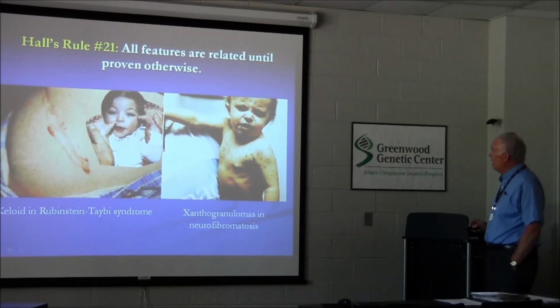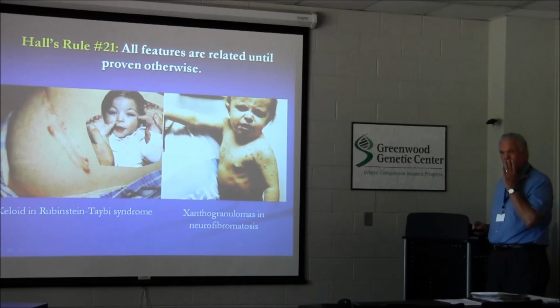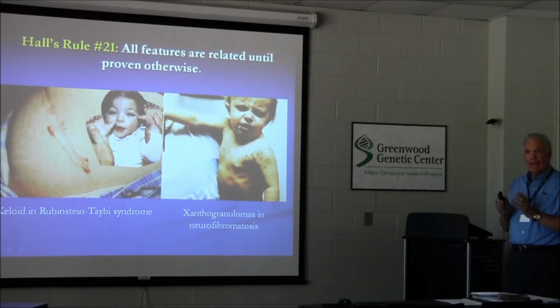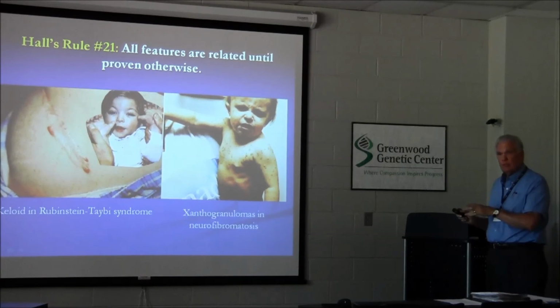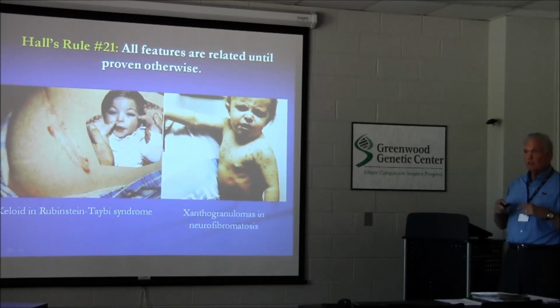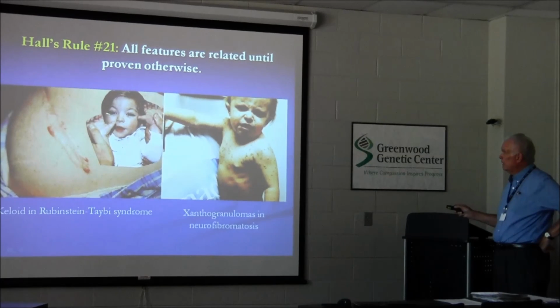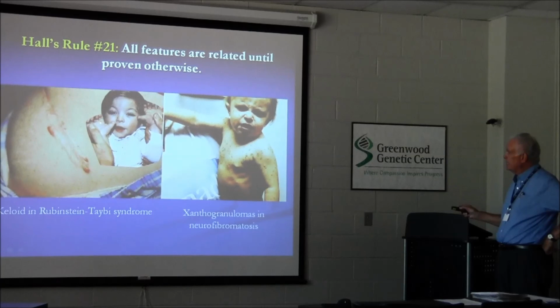Just the last one, all features are related until proven otherwise. In pediatrics, we like to take all the features that we see in our patient and put them together in one package. A lot easier to do in children than it is in adults who have multiple diseases with multiple physical problems. Here's a Rubinstein-Taybi individual who has the hitchhiker thumbs, inverted, the hypertrichosis, the eyebrows, wide-spaced eyes,